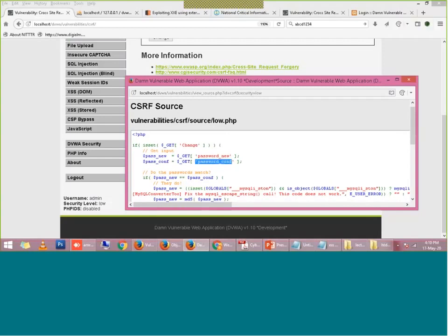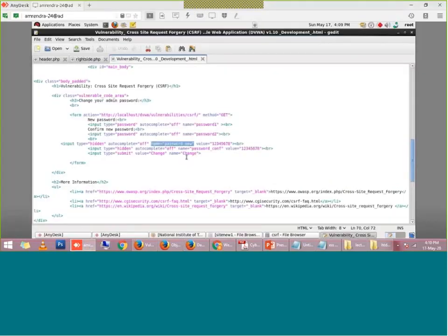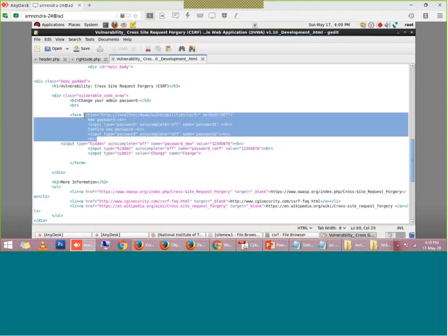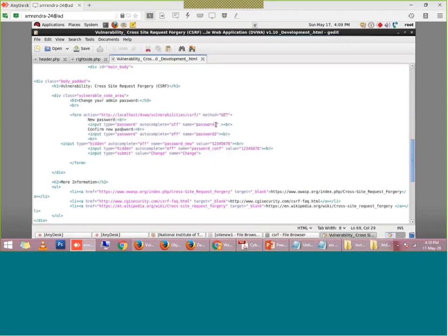On the attacker's page, the attacker has kept the same names for the hidden input fields, and the input fields displayed to the user are renamed as password1 and password2.